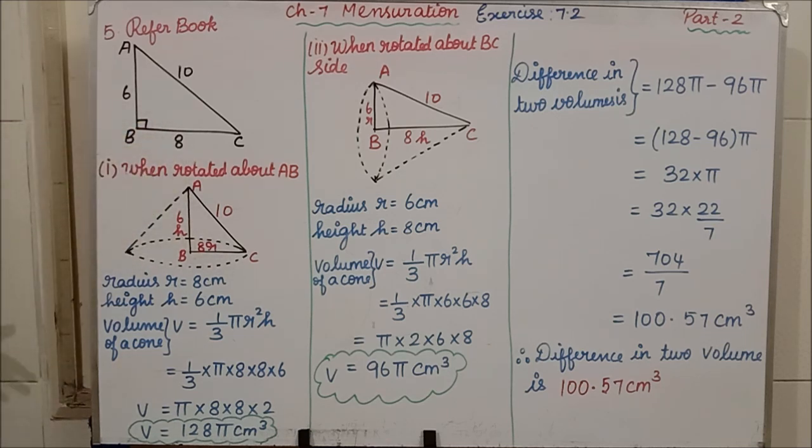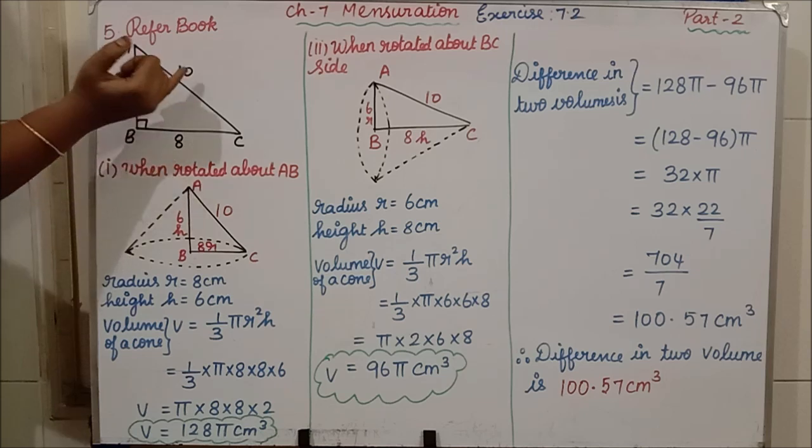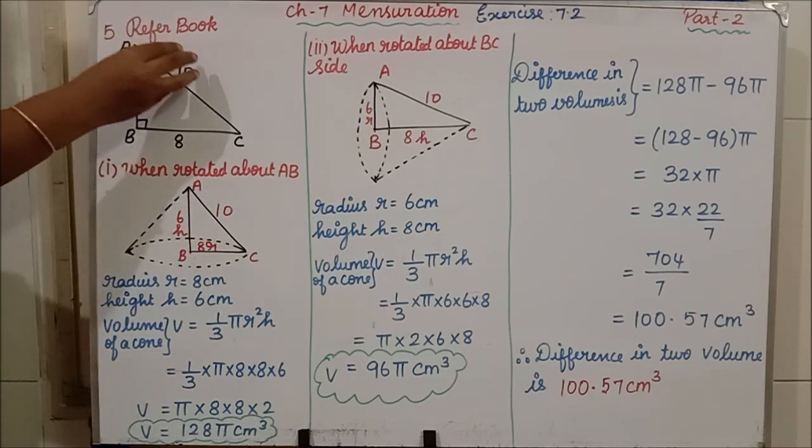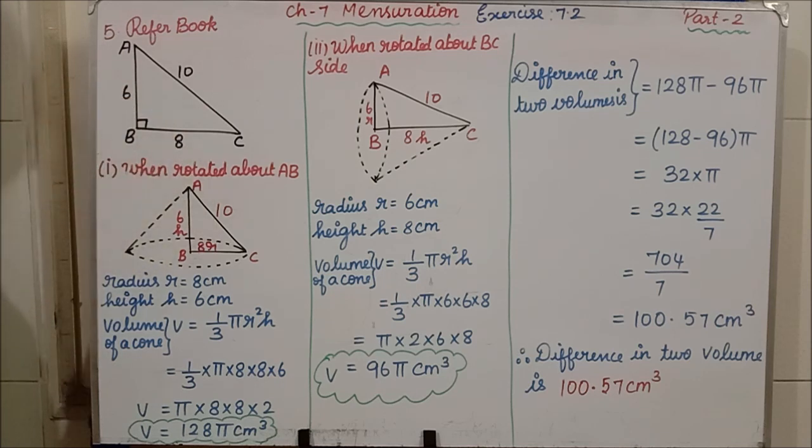So a right angle triangle whose sides are 6 centimeter, 8 centimeter and 10 centimeter. They are asking to take a right angle triangle and they have given the measurements 6, 8 and 10 centimeter. But they didn't tell where the 10, the 6 and the 8 have to be